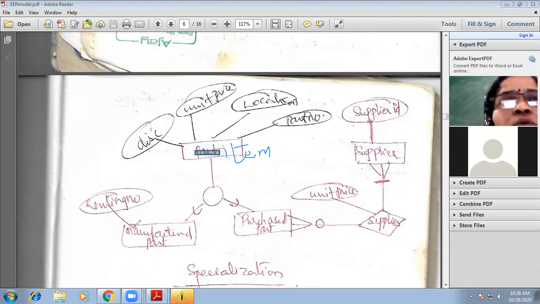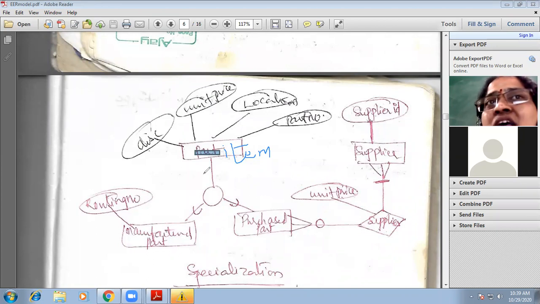When I am assembling some part, I should manufacture some myself, and some parts I should get from some organization, from some supplier. So for a single instance of item, sometimes we may need two types of parts. Sometimes we need only purchased parts, but sometimes we need both parts.